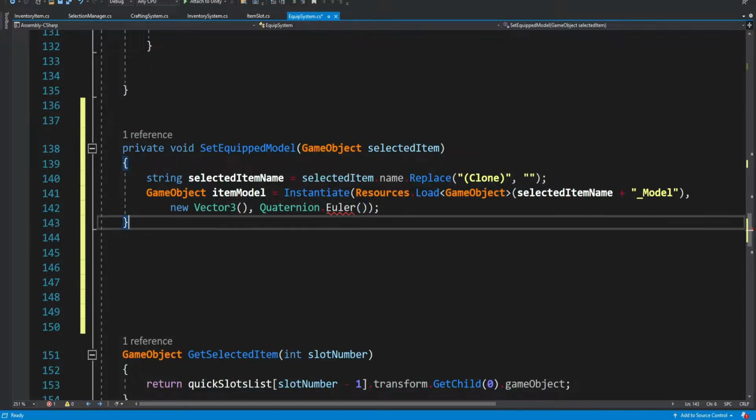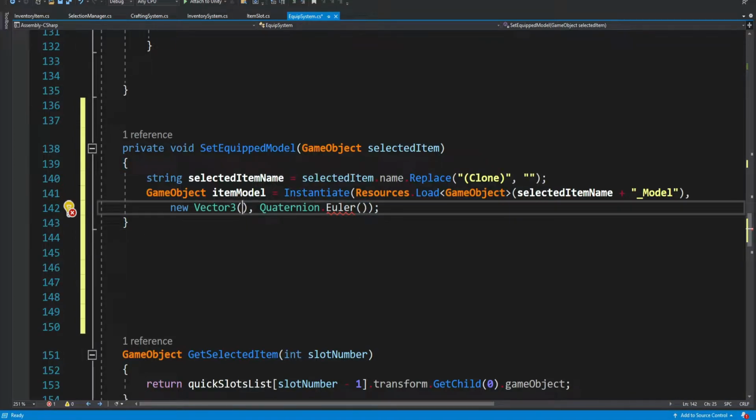Okay, so before we fill out these parentheses over here, we're going to specify what is the position that this new object is going to be at. And over here, we simply say what is the rotation that this new object is going to be instantiated at.